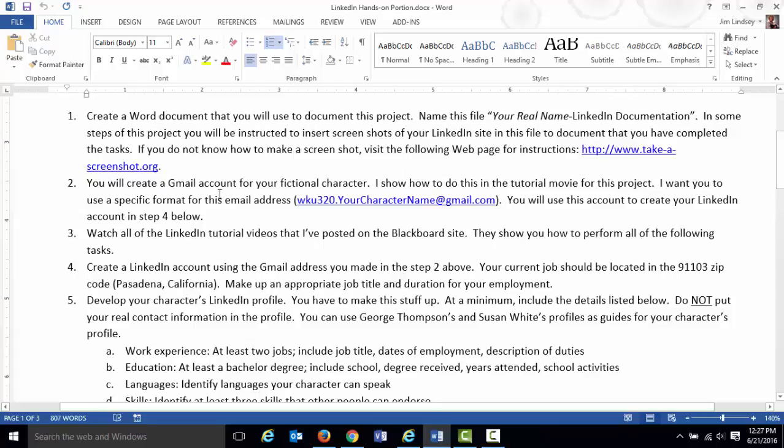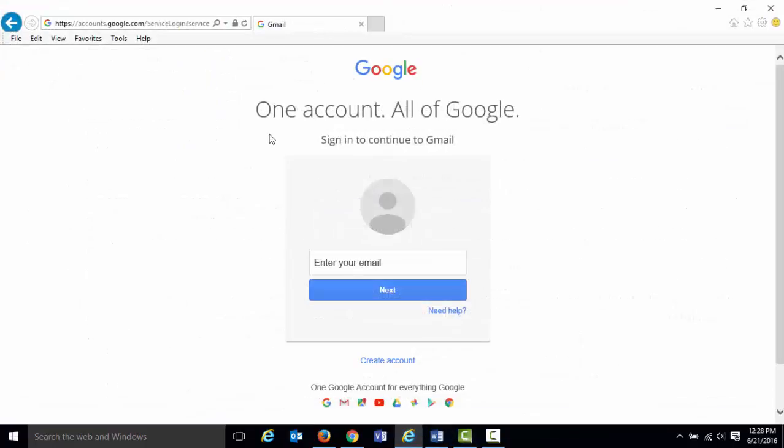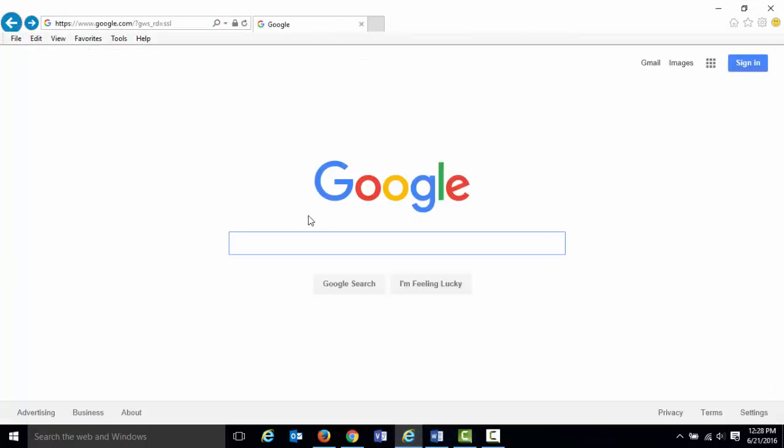Now, the next thing you need is a Gmail account. Gmail accounts are free. You probably already have a Gmail account, so you probably know how to create a Gmail account. But if you don't, let me show you how to create a Gmail account. All right, I'm going to go to Google. From Google, you just click on the link for Gmail,